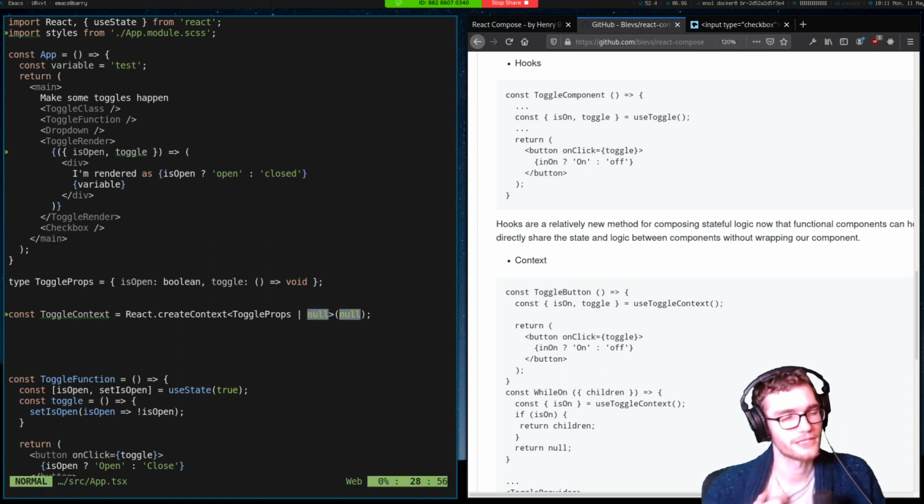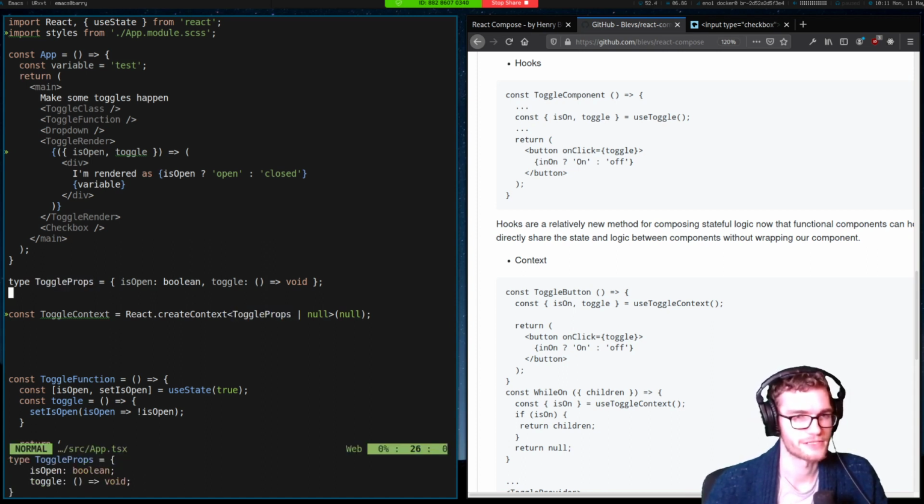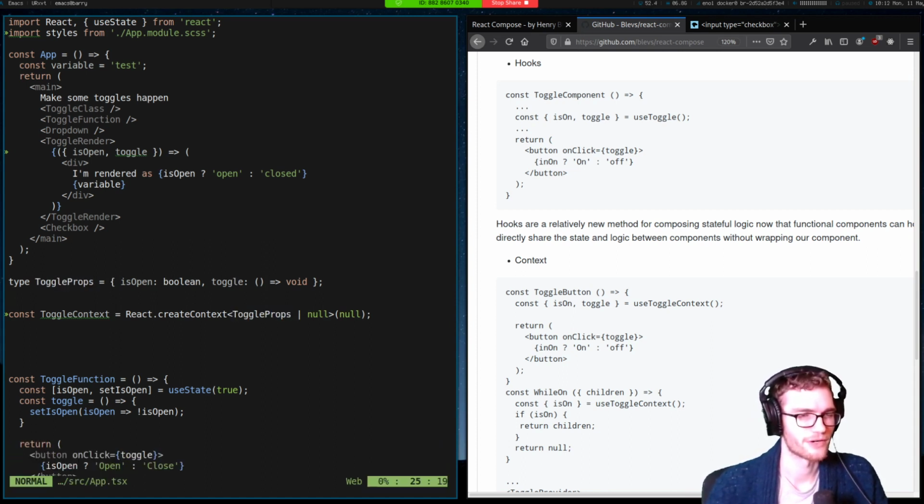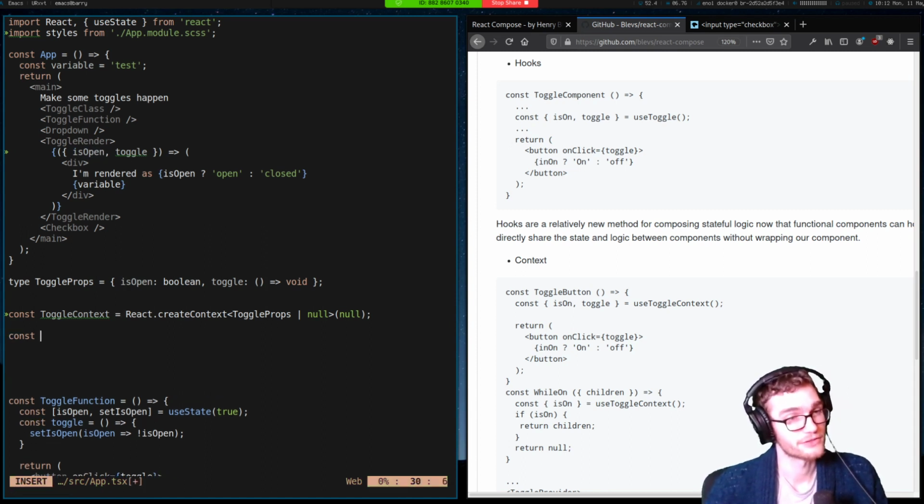That way we can know that whatever is trying to use this context is being rendered outside of it. We can immediately throw some errors. Otherwise, I want it to have the value of our toggle props, isOpen and toggle. We can then create the provider,